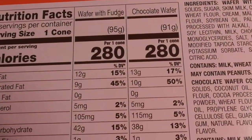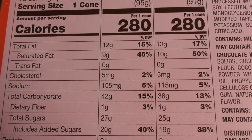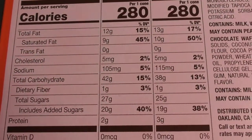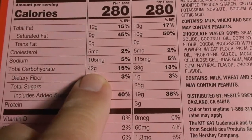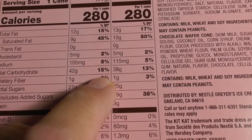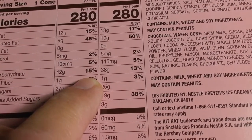280 calories for each one of them, 15%, 12 grams of fat. Okay, the most important thing you always, oh my gosh, whoa. If you know anything about reading labels and diabetes, this is always the most important thing, the grams of carbs. And each meal you should have, if I have this right, each meal should have